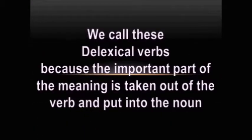En la lección anterior explicábamos, bienvenidos nuevamente a la siguiente lección de dilexical verbs. We call these dilexical verbs. Se explicaba que es un poco difícil dar la traducción exacta de dilexical verbs porque realmente no puedo encontrar la traducción adecuada a la palabra, pero a nosotros le llamamos dilexical verb porque la parte importante del significado se le quita al verbo y se pone dentro del sustantivo. Por ejemplo,